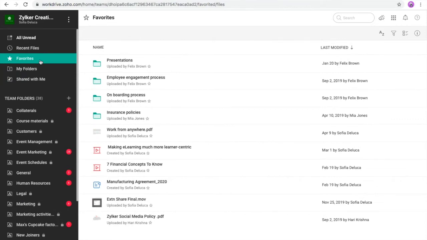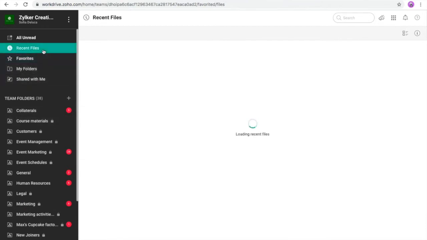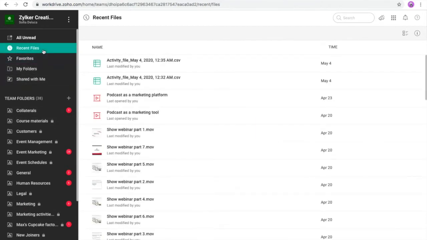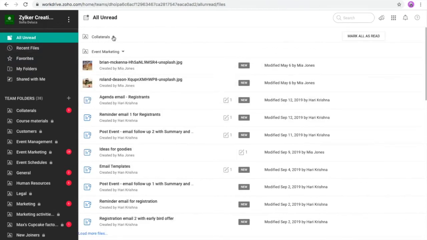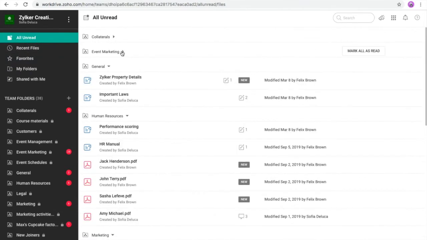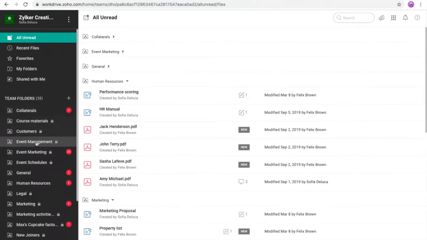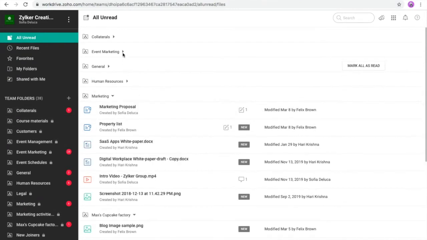So you can set those files as favorites so that you can quickly access them. And from the recent file tabs, you can see all the recent files that you've accessed. And the all unread option offers all the unread notifications at different team folders. So instead of going into every team folder, you can just simply view them from here.